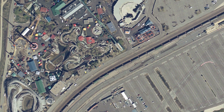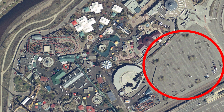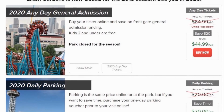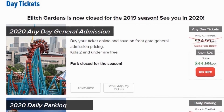I've never seen it run out of space, but it's important to note that getting there early will give you a better spot that'll be closer to the entrance and allow for the best bang for your buck. Something else to note too is that online parking from elitchgardens.com is often cheaper than the rate that they will charge you at the gate. It's important to buy your parking online so you can save that extra money that you can spend on additional